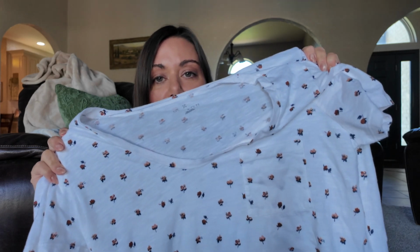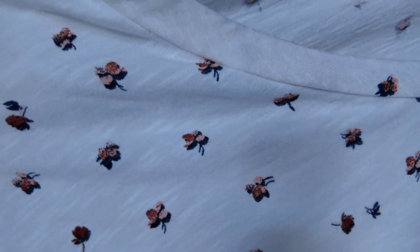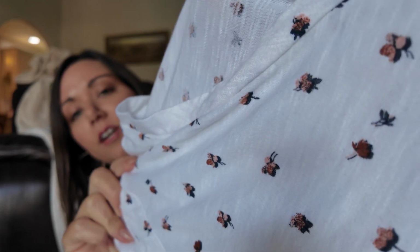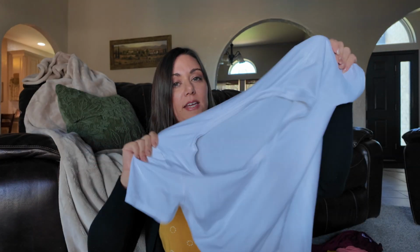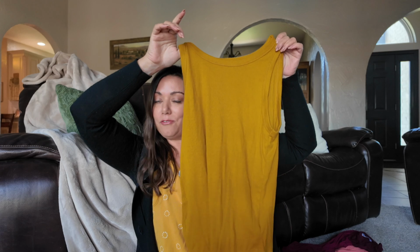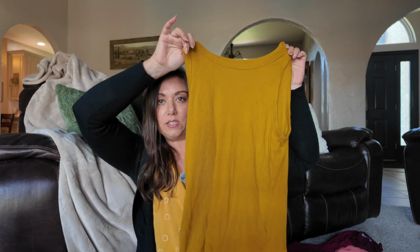I also found this shirt right here, and the details, it looks like these are flowers, but I'm not exactly sure what exactly is on here. Very nice and light. I found a white shirt. Can't go wrong with an extra white shirt, of course. Got this tank top shirt, and I thought it was pretty for fall,